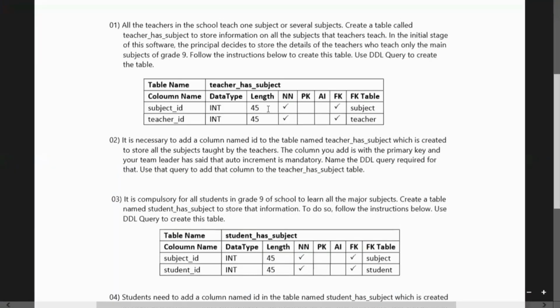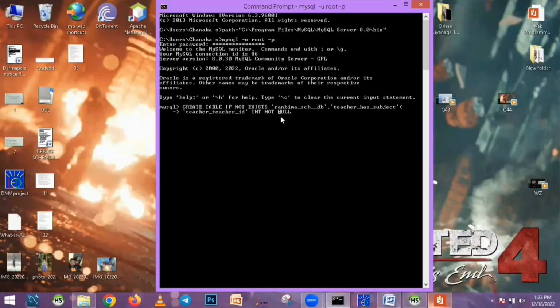int, how can we give it length? Let's try it. I'm not sure if we can. Let's try. Okay, now comma, object ID int 35 not null,